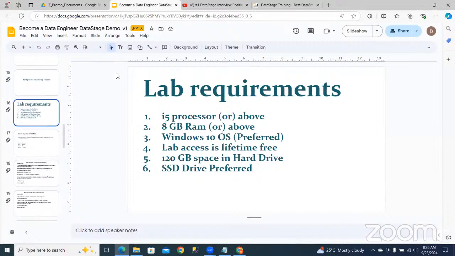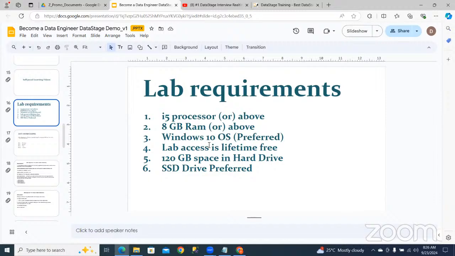Any questions here? A few students have an old laptop with an i3 processor and 8 GB RAM. Will that work? An i3 processor with 8 GB RAM won't support it, because the VM will be very slow. What you can do is upgrade to an SSD. If you have an HDD drive with 8 GB RAM and an i3 processor, you need to upgrade to SSD. The existing hard drive will become the external drive.